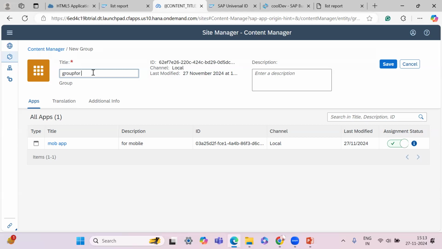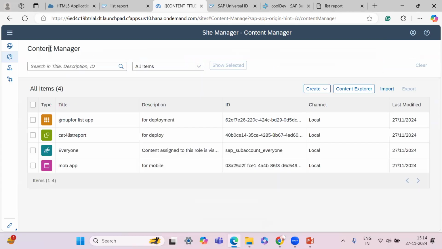Group for list app for deployment. Okay, right. And then save the changes. I've clicked on the redo button, save it,